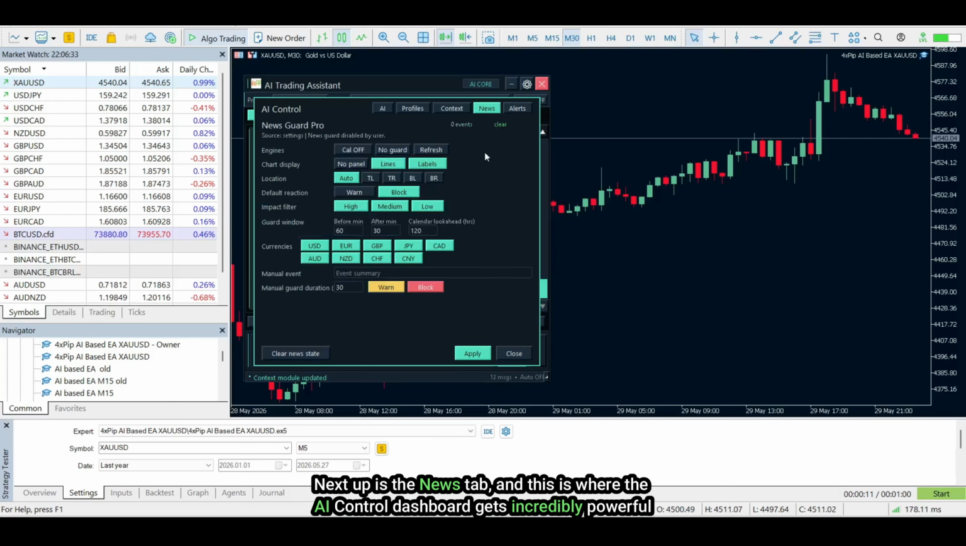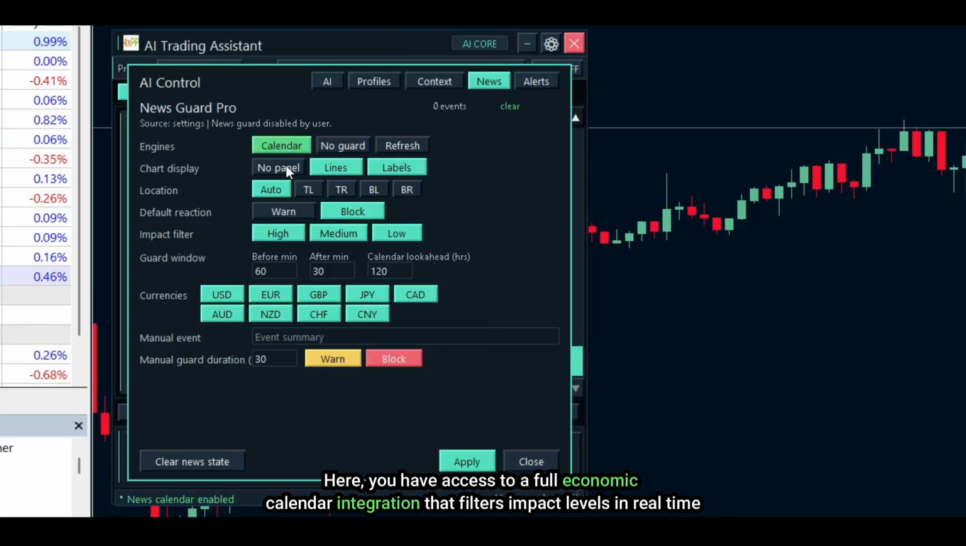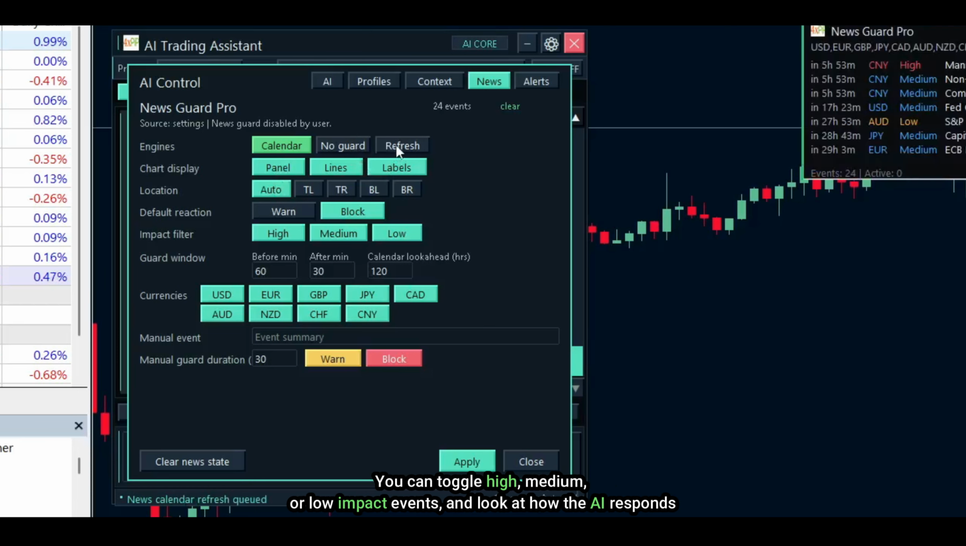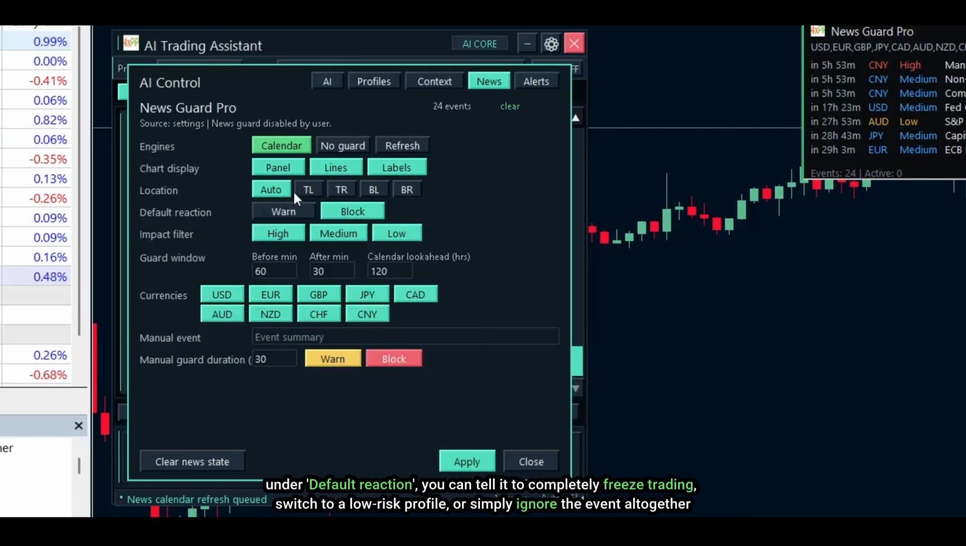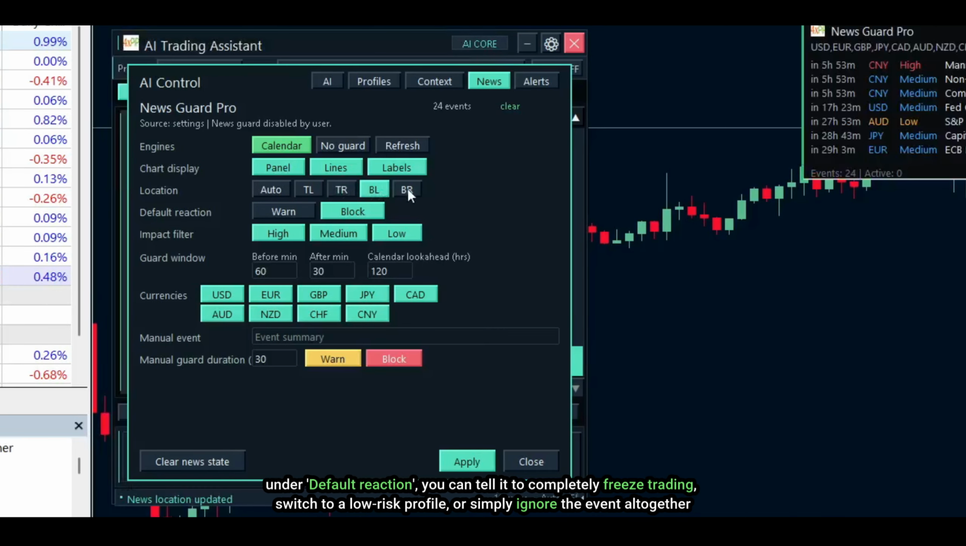Next up is the News tab, and this is where the AI control dashboard gets incredibly powerful. Here, you have access to a full economic calendar integration that filters impact levels in real time. You can toggle high, medium, or low impact events and look at how the AI responds. Under default reaction, you can tell it to completely freeze trading, switch to a low risk profile, or simply ignore